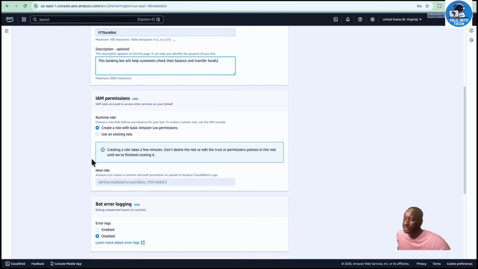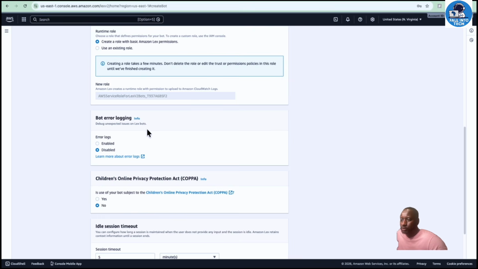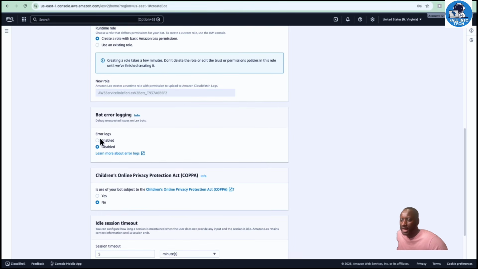So we don't need to change it because in the future we will need to use Lambda, and to be able to have access to Lambda, this IAM permission right here will let us do that. Okay, so now you don't have to change it. You can leave it as it is. Okay, so now when you come to here, you can leave it as disabled for bot error logging